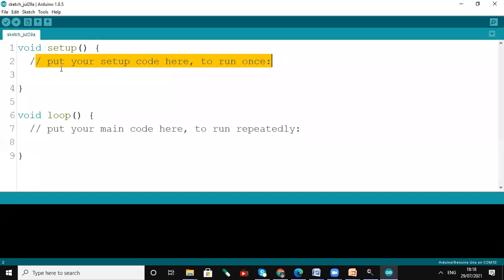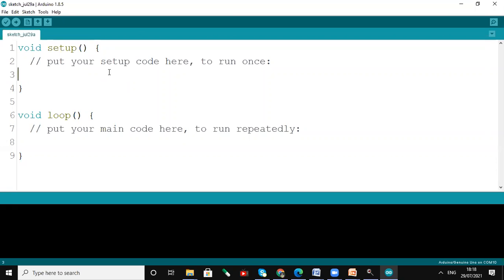The setup runs once, and it is not required to run the setup many times. It executes only once, and this setup function is used to set the functioning of the pins. Many pin functions will be set up from setup.